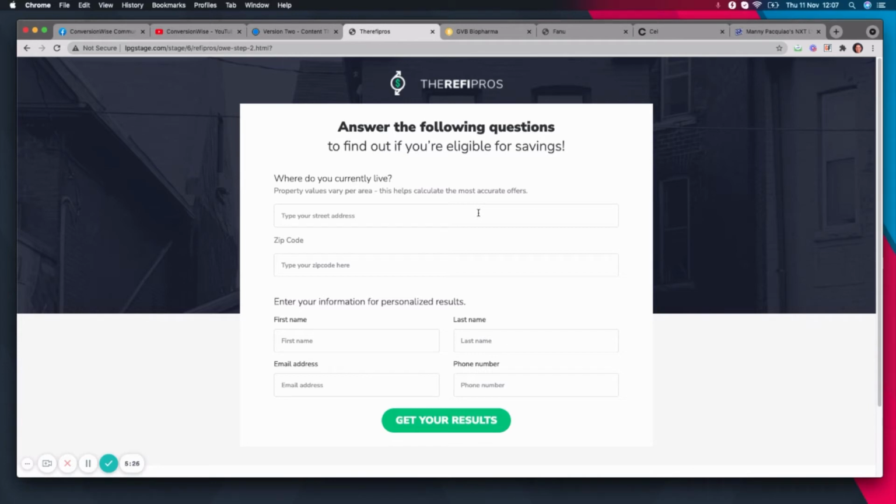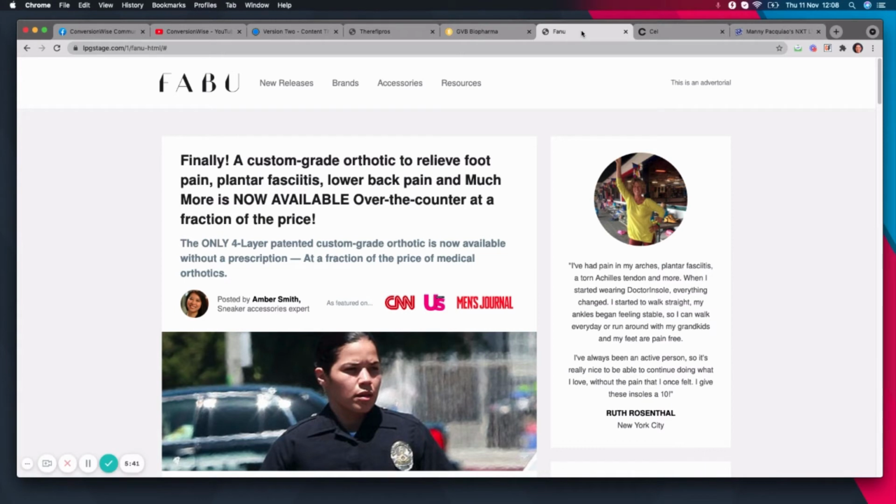It's a multi-step process, which ends with them giving you that final bit of information. Now, e-commerce funnels come in lots of different ways. I think the most typical one is where you see a pre-sale. So if we have a look here, we've got an advertorial. Now, pre-sales work for quite a few things, actually.